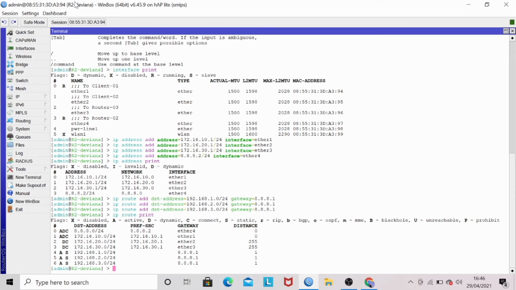Enter. And you can see that there is an AS flag on the IP address, which means the static IP route is active. The ADC flag means that the IP route is active, dynamic, and connected. Next, perform a ping test from router 2 to client 1 with the command ping